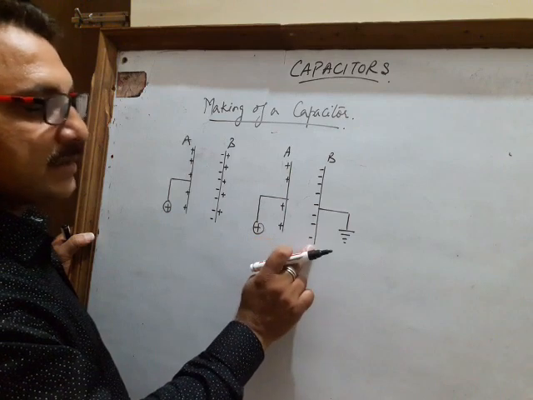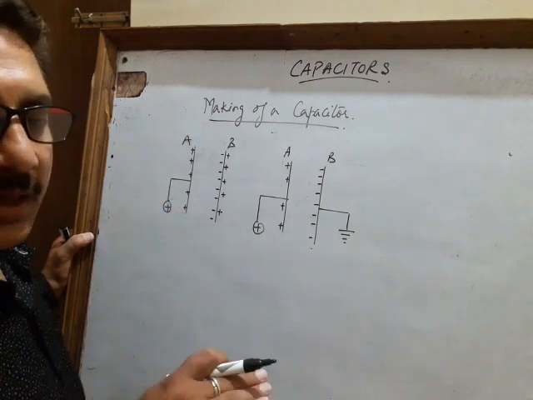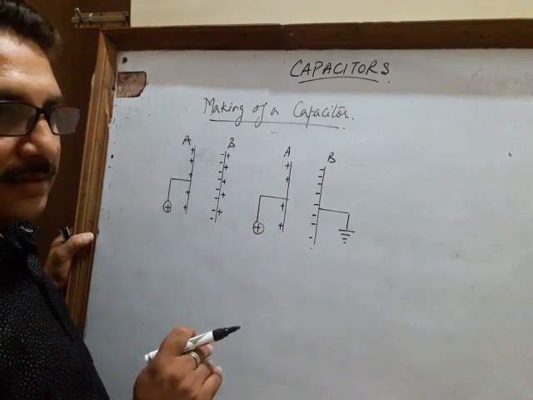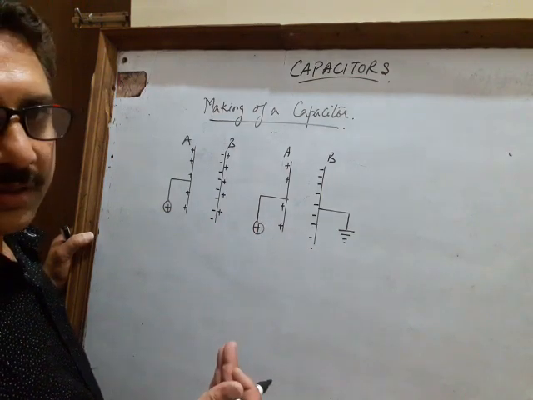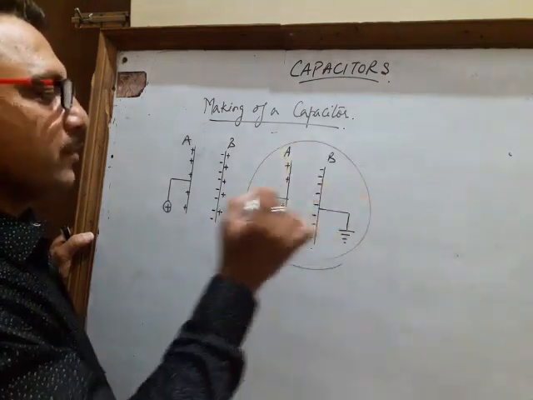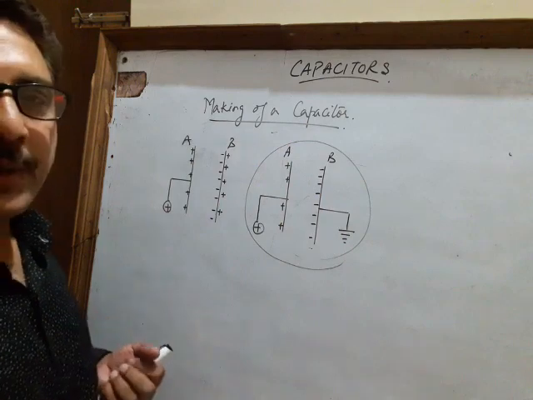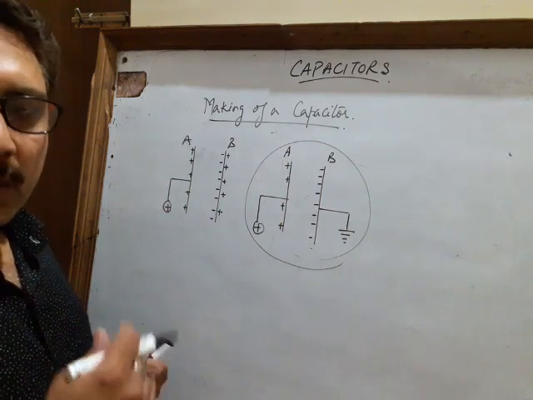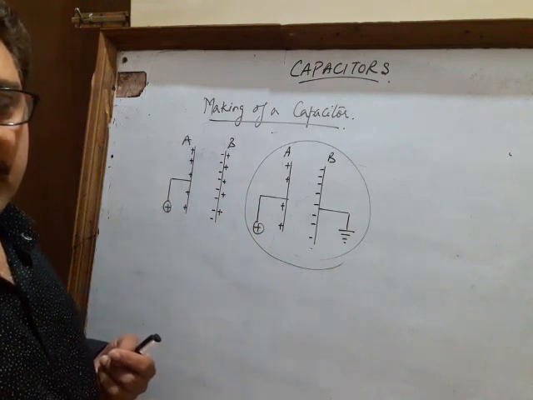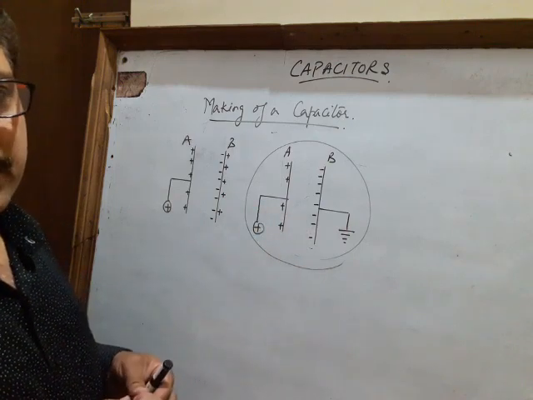So what effect is there? The potential of plate A is regularly decreasing now. That means this plate now has a tendency to acquire more charge. So we can give more charge to this plate A, or you can say this system can store more amount of charge. Means this system has the capacity to acquire more charge. Hence this system is known as a charge storing device, and we can say this is a capacitor. So this is the making of a capacitor.